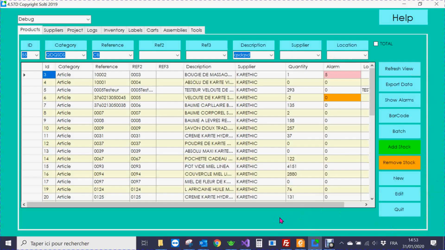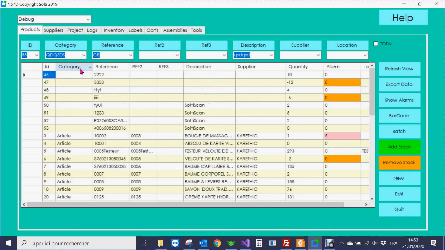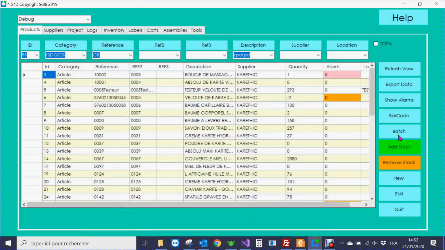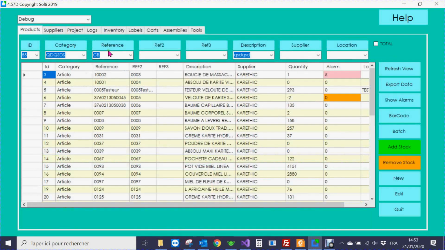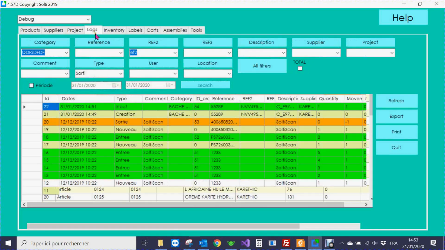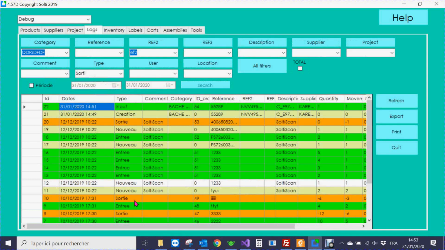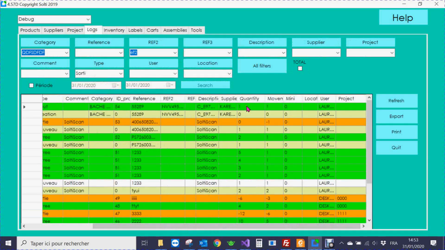We are now on the Windows PC to see how the scanning will arrive to SIM. So we have the list of products here. We have started with this patch button, the automatic scan of barcodes. Now I can look at the logbook and see that the operation is correctly made and that the quantity is